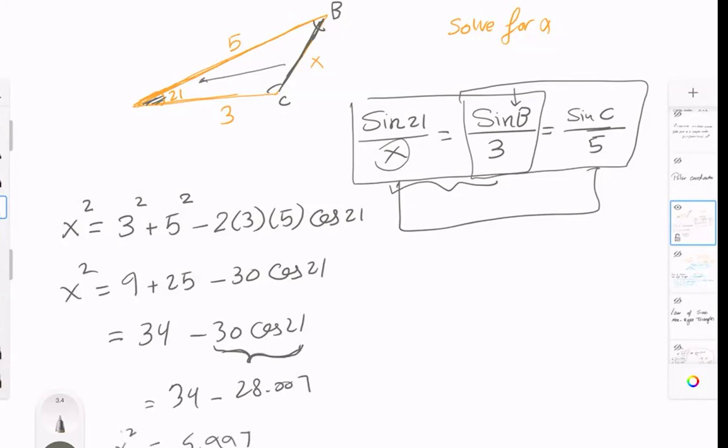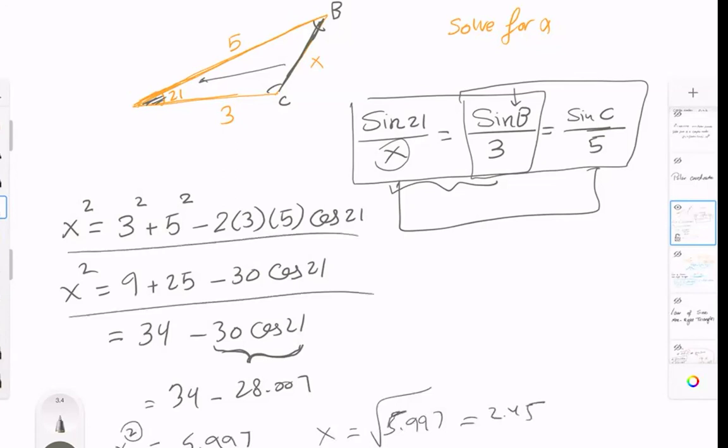So x squared equal to this, then x will be radical of 5.997, which is... Megan, what is that? 2.45. 2.45. So when you're doing all this advanced algebra, when you get here, if you type this on the calculator